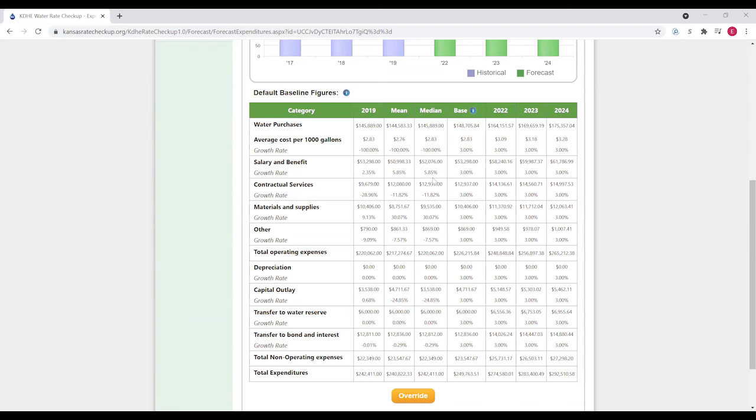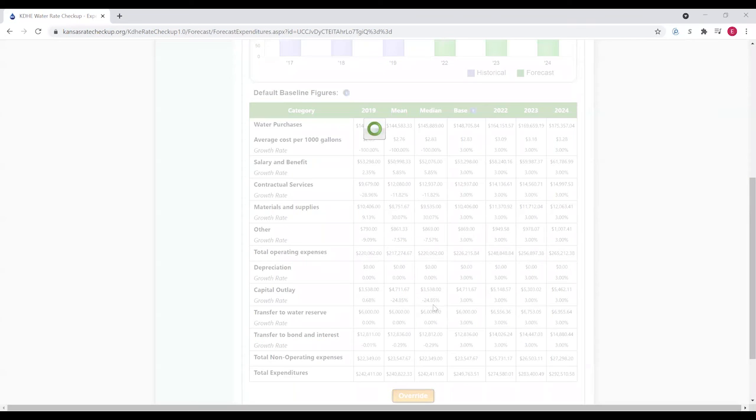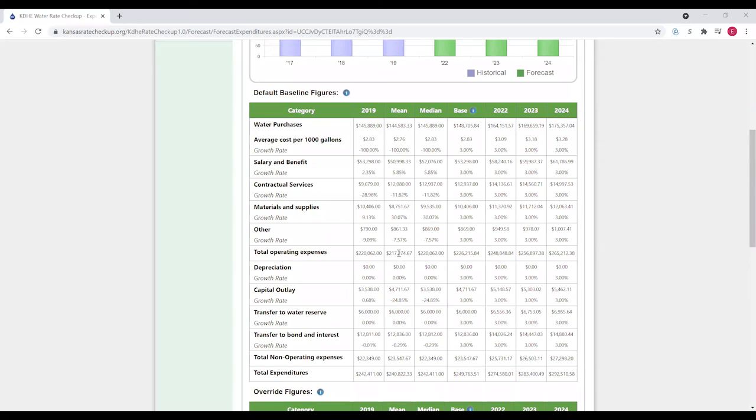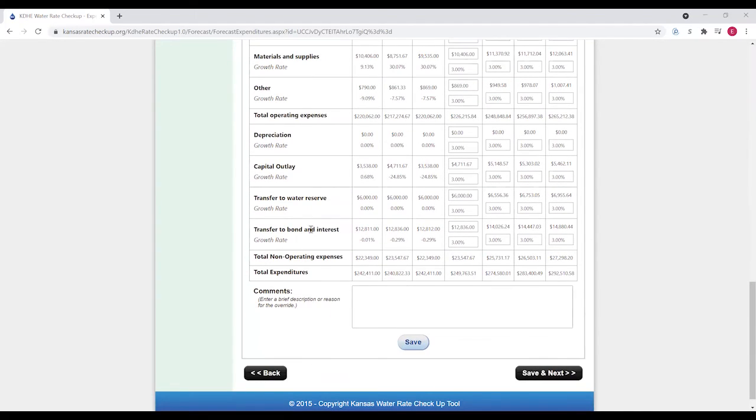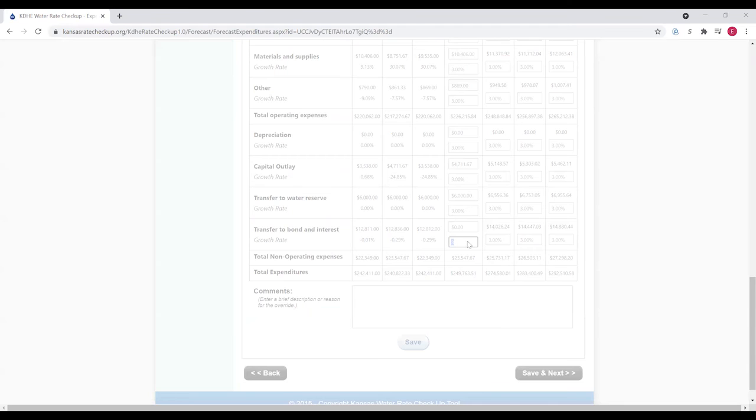But again, you can review your historical changes for each one of those expenditure line items and override those if you feel necessary. In this case, what we're going to override is dealing with the payments to the bond and interest. In this case, we want to actually zero those out